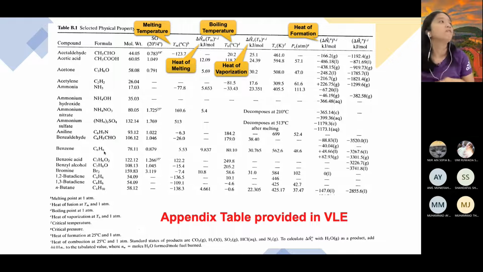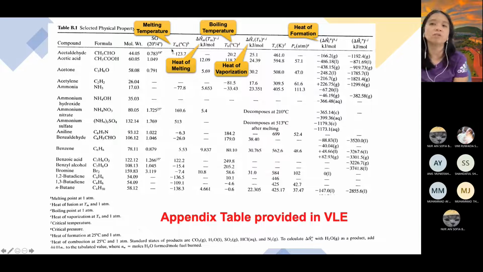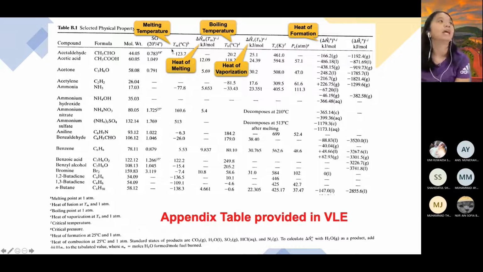So what you need to know, first of all, is the melting temperature of your compound. Okay, so melting temperature normally kita letak Tm. Okay, Tm, the symbol is to signify melting temperature. And in this appendix table, they use Celsius. Okay, so this is the melting temperature. On the right hand side of melting temperature, we have delta Hm or enthalpy of melting, ataupun we call it juga heat of melting. Okay, so delta Hm is heat of melting, or we can also call it enthalpy of melting,